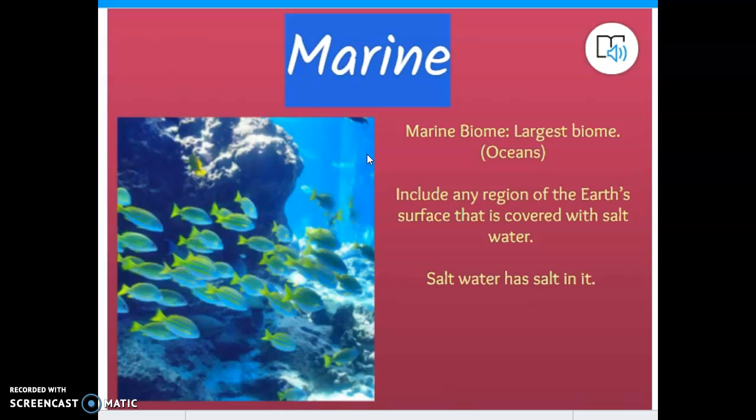Now, another thing that we need to think about are the types of biotic factors. Are we going to find giraffes in a marine biome? No. Could we find sharks and clownfish and sea anemones and moray eels and remoras and sea turtles? Absolutely. Those are the types of biotic factors that would live in a marine ecosystem. They have, vocabulary word from last week, adapted to live in salt water. And that's very important. You can't take a catfish or a bass or a carp and throw it in the ocean and expect it to live. They have not adapted to salt water.